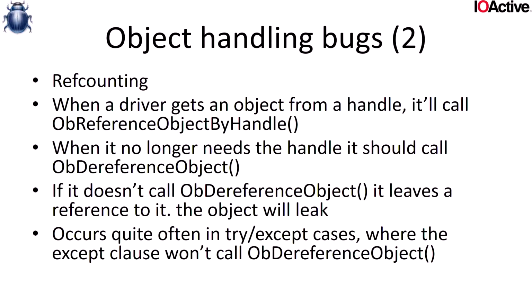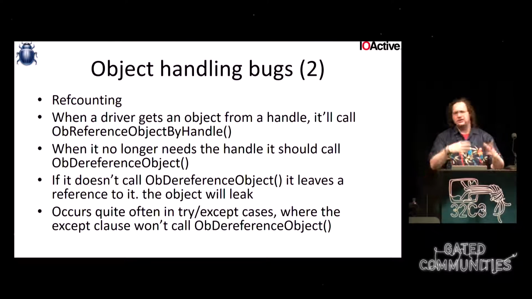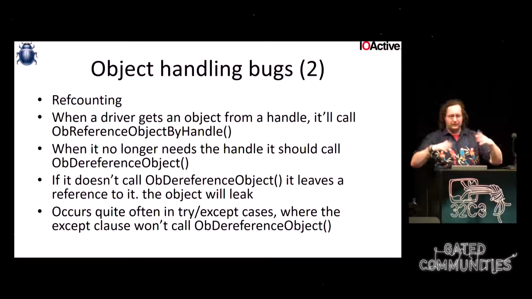Okay. Another thing with this kind of object stuff is that once you dereference it and you're done, you're supposed to dereference it, and then you're done with the handle. And so quite often you'll have bugs where, let's say some exception gets thrown, and you forget to deref a handle, and all of a sudden this handle leaks. So this is a known ref counting bug. Except the problem is if this is repeatable. Let's say your ref count is 32 bits. If you can repeat this about 4 billion times, your ref count overflows to 0, and all of a sudden you have